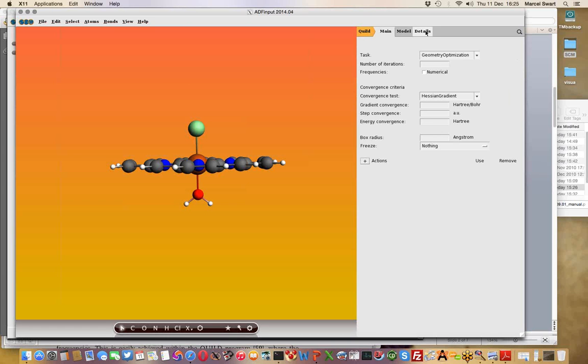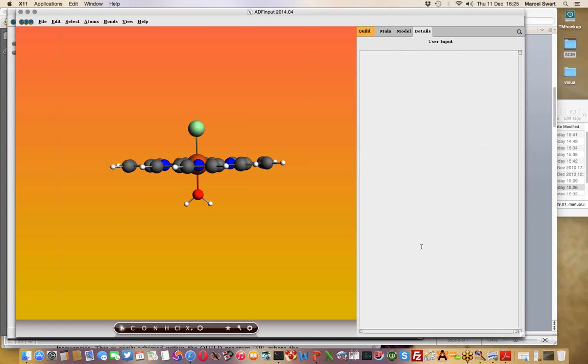These are expert options for QUILD, but you can say that you want to have the z-coordinates of all atoms frozen